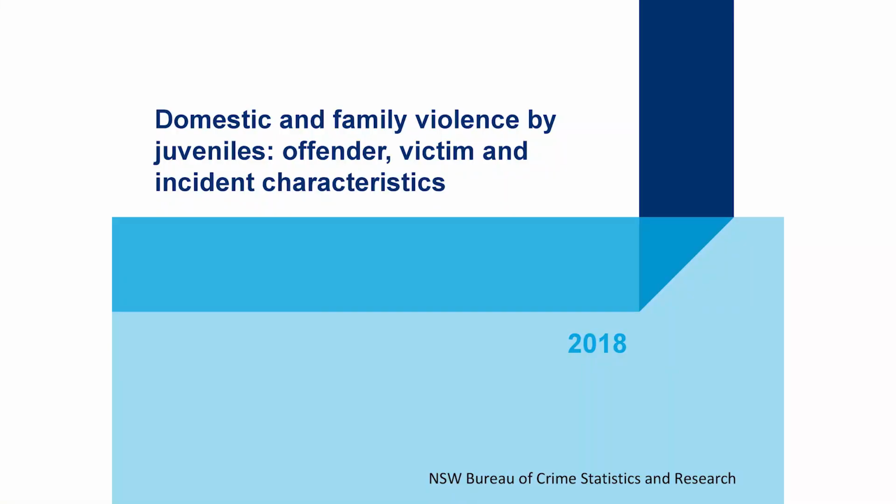So the second topic I'm going to touch on today is on juvenile perpetrators of domestic and family violence. Normally when we speak of young people in the context of domestic violence, it's normally as victims or witnesses of the violence and the harms associated with that. And when we look at services in New South Wales and our policy response, it's normally been in response to intimate partner violence. So there was a gap in our knowledge when it comes to looking at juvenile perpetrators of domestic violence. And if we can look at these juveniles as a specific segment of that perpetrator population, it helps to inform appropriate prevention strategies and interventions for these young people and for their victims.